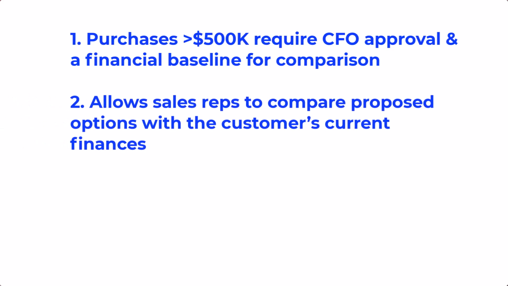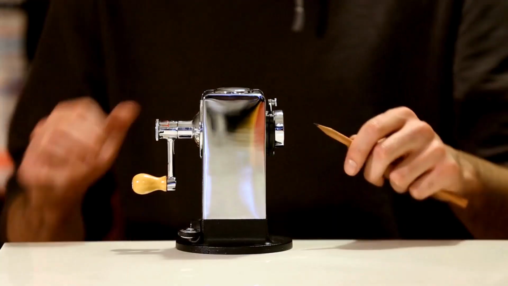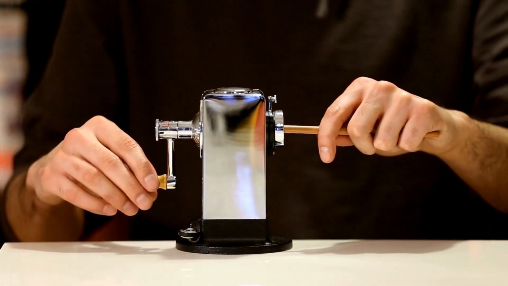Another reason the current state financial model is important is that it allows you as a sales rep to see how whatever it is you're proposing compares against what the customer's currently doing. Maybe you can sell your deal for more than what you originally thought you could, and that's called value-based pricing, and it's what a lot of really high-performing, top-earning sales reps do, especially for large, complex deals. Or maybe you need to get more aggressive on the pricing for the deal to make sense, which gets to